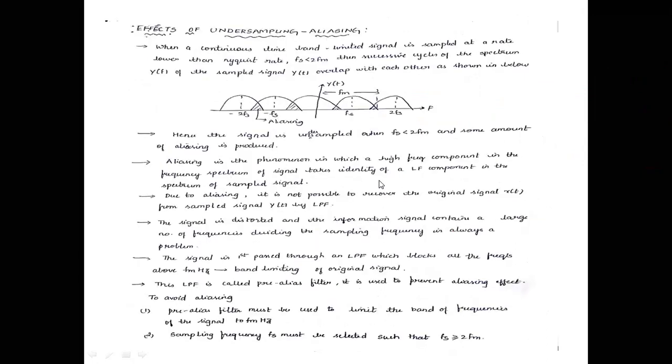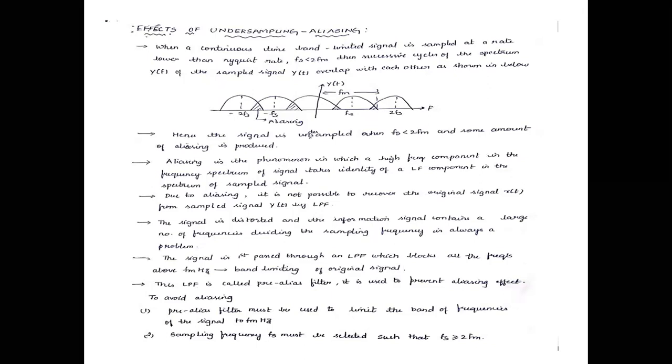Now coming to the next one, effects of undersampling. Already we discussed in the last class, but once again, there are some points we have to learn. What are the undersampling effects? Nothing but aliasing. When a continuous time band limited signal is sampled at a rate lower than the Nyquist rate,